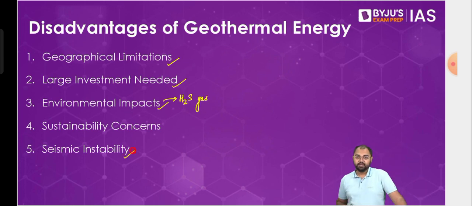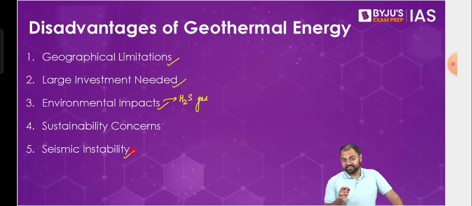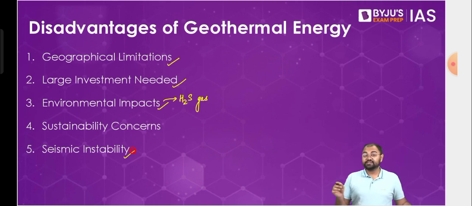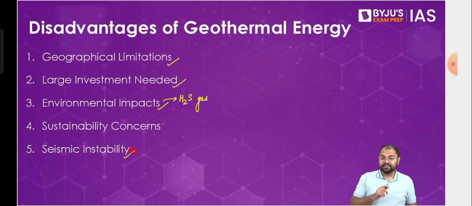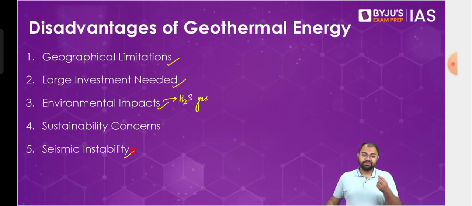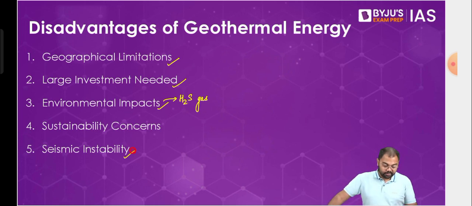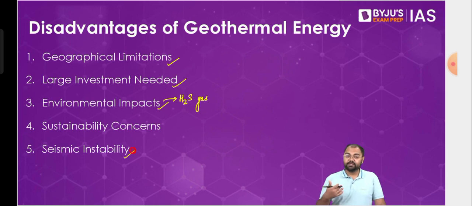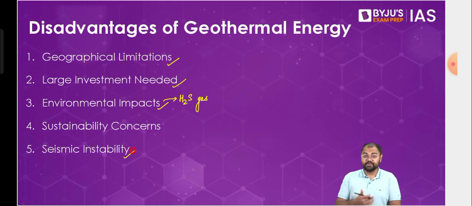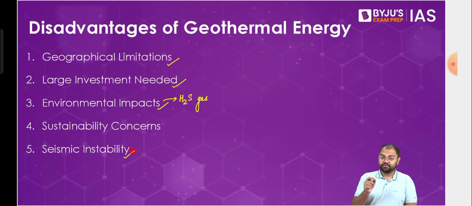And then seismic instability. Now when we say seismic instability, there have been a couple of instances. One was in the US and there was another one in Switzerland. In both the cases of US and Switzerland, there was a small earthquake. Right? There was a very small earthquake. On Richter scale it was hardly 3.7, 3.8, so on. In both areas, when they looked at the epicenter of this earthquake and the potential reasons behind it, they concluded that the geothermal energy power plant situated in that area would have been one of the key reasons for this kind of earthquake to happen.